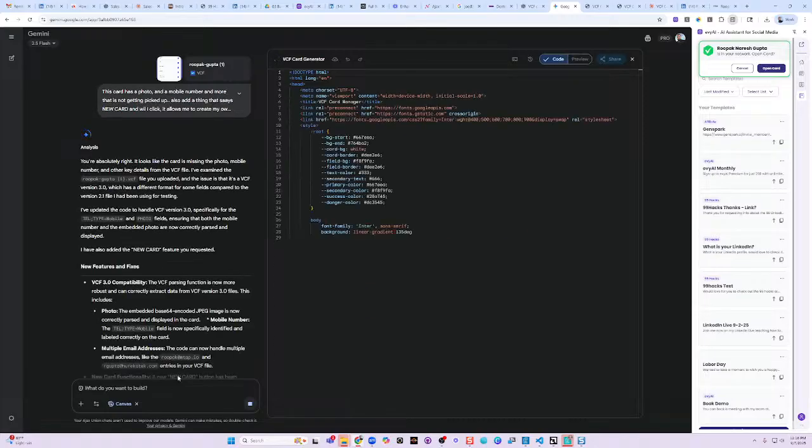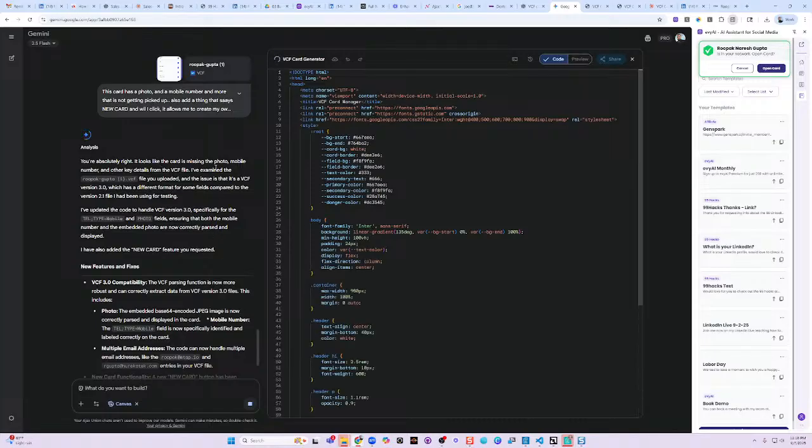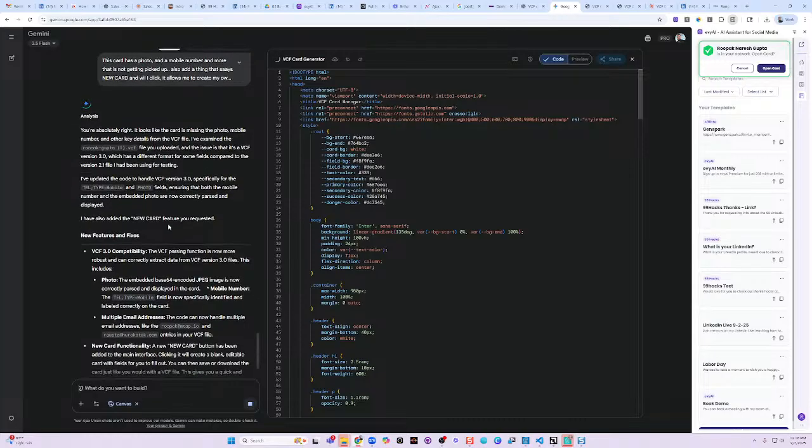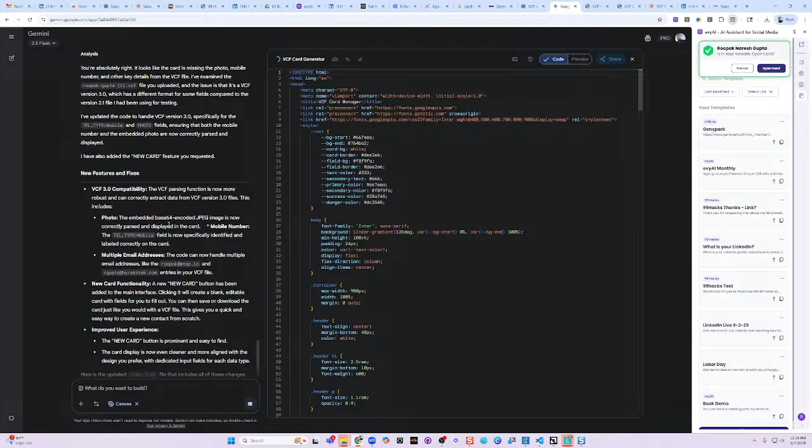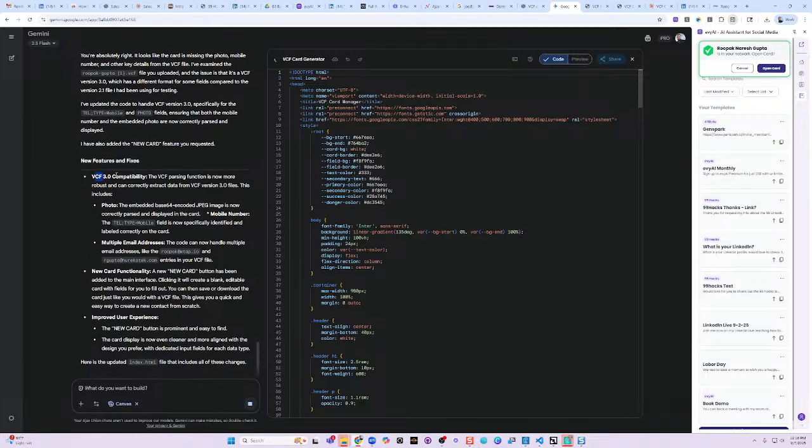You're absolutely right. It looks like the card is missing the photo and mobile phone number. I've examined the Gupta VCF you filed. The issue is it isn't a VCF version 3.0. It's a different format and fields compared to the version 2.1 file that has been used for testing. I've added handling for version 3, specifically the mobile phone. I've also included new card features you requested for VCF 3.0 compatibility: photo, multiple email addresses, new card functionality,